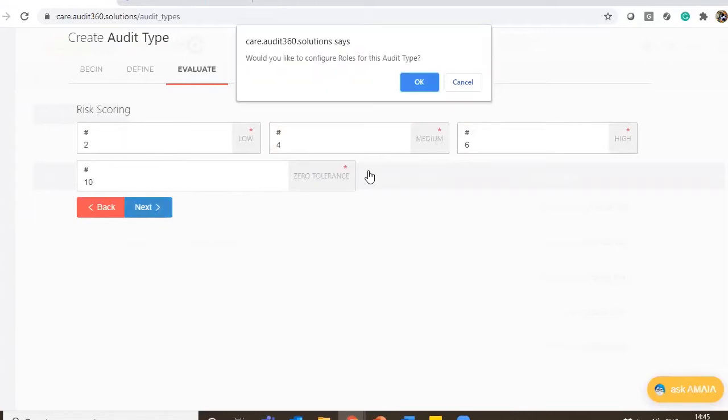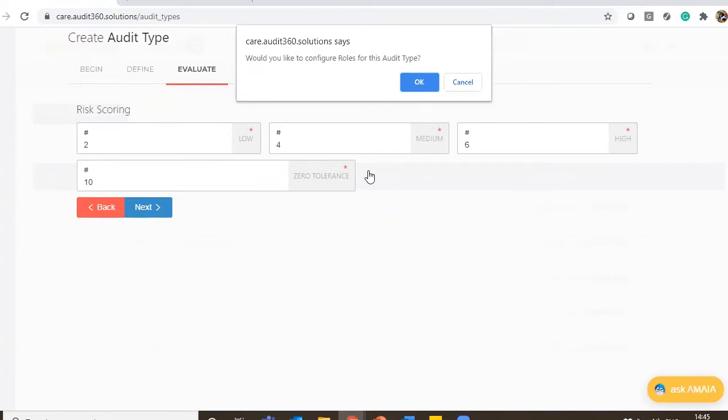Now, there's always a pop-up which comes, would you like to manage any roles for this audit type? What does this mean? So here what happens is, in a normal audit scenario, you would have a set of auditors who would always do only the audit execution for one specific audit type, and you have a specific set of auditees. But in certain use cases, for example, you have an interdepartment audit which is happening, or you would have a user who has multiple roles being played, and he plays a different role for a different type of audit.